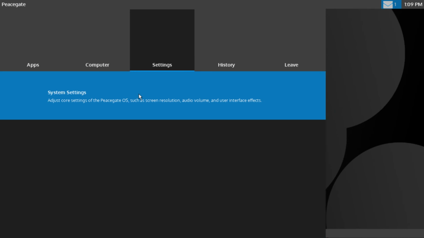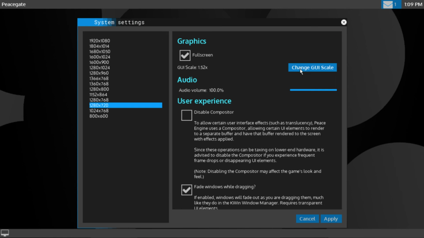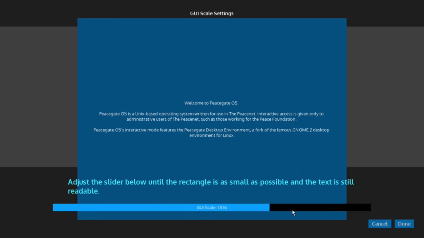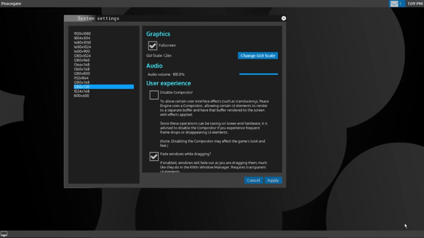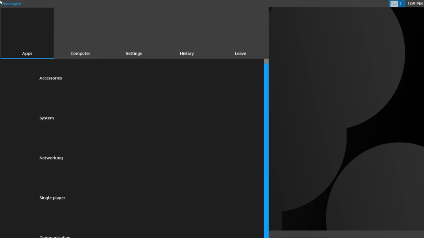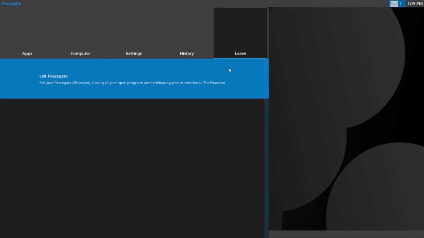But if we go into system settings, if I'm in PSkate OS and things aren't really fitting on screen and I'm not too happy with it, I can set the GUI scale from within PSkate OS. That will do. Apply. Now everything's smaller. It's a very neat system. I really like it. It's going to be really useful